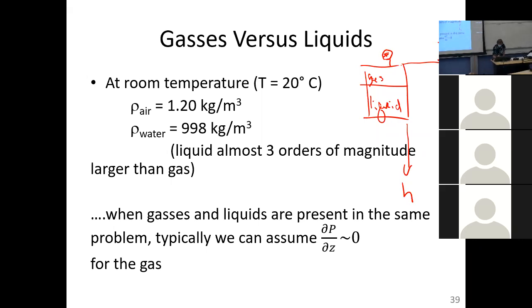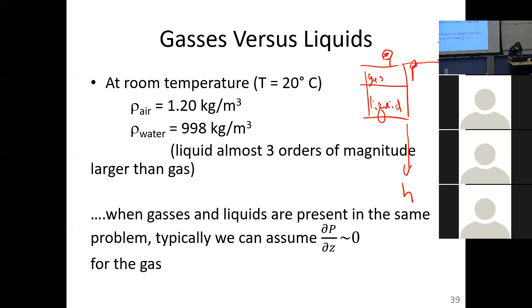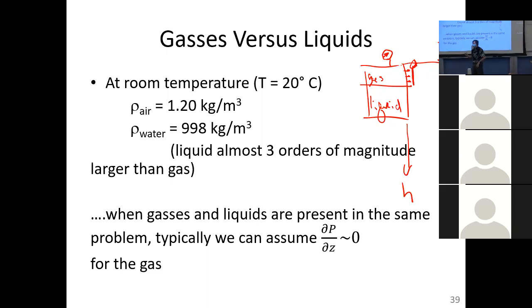If this is a pressure gauge right here, we would have some pressure in the gas at the very bottom of that gauge. And because of that density or specific gravity difference between liquids and gases, we would basically say that there is no pressure change in this finite difference in the gas from the top of the gas to the bottom. Why? Because